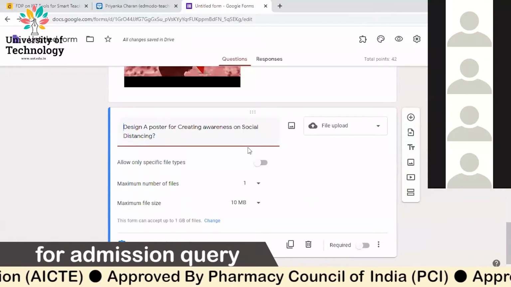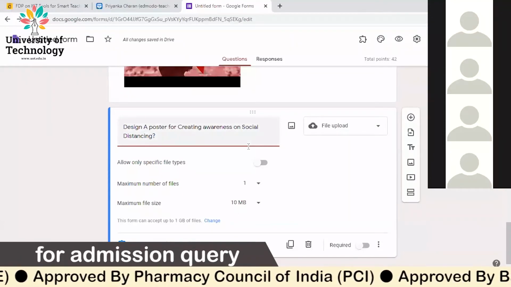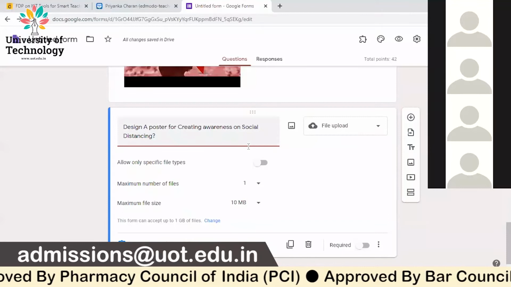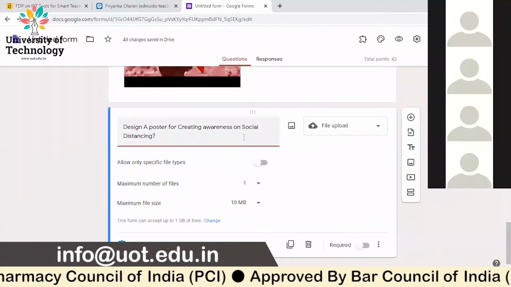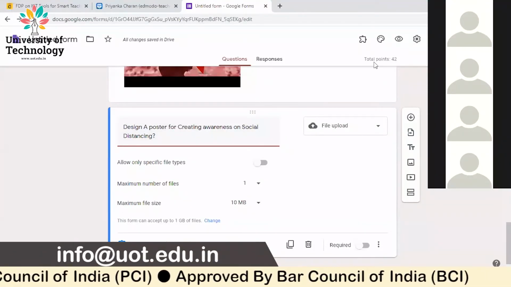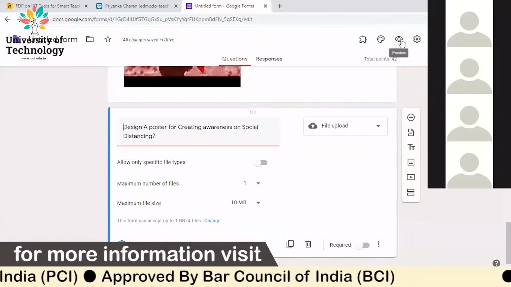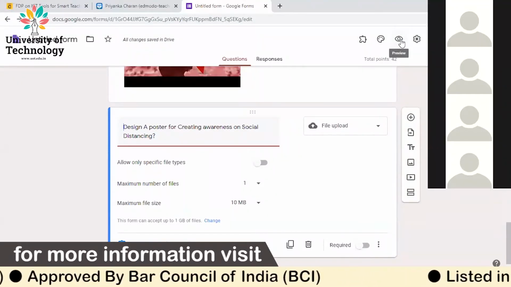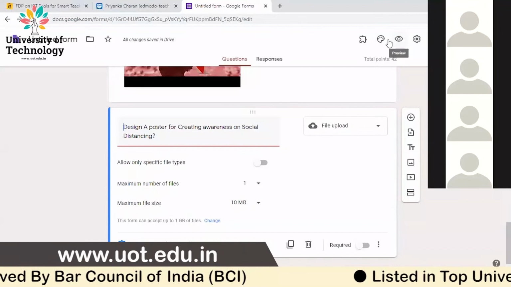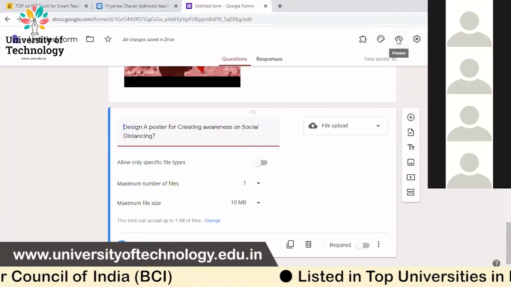Now everything is over. Now shall we see how the question looks like? This is purely for quiz or for online test. Okay, a semester exam based. I have given only very few questions for sample, and you can do your own questioning. Right now I'm clicking this preview. See, this option gives me preview.